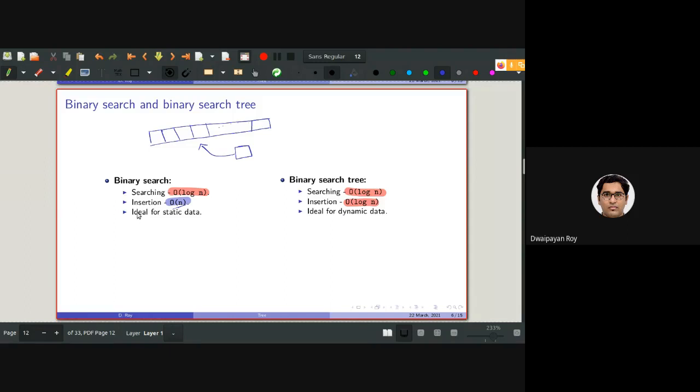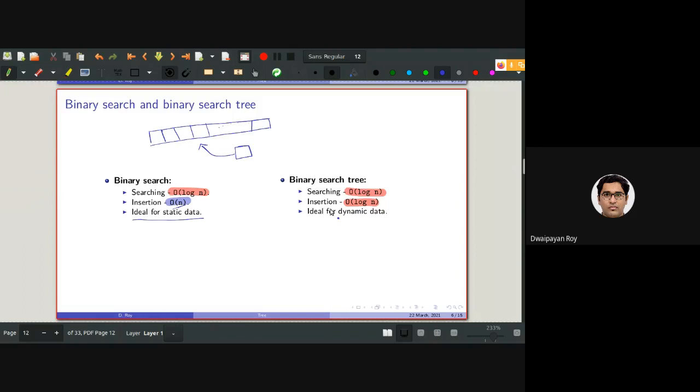So the bottom line is, binary search is ideal for static data, when the data will not be changing over time or over the execution. But binary search tree is ideal when the data will be changing, or new data will be getting added during the execution of the code. I'm calling it a dynamic or runtime situation.